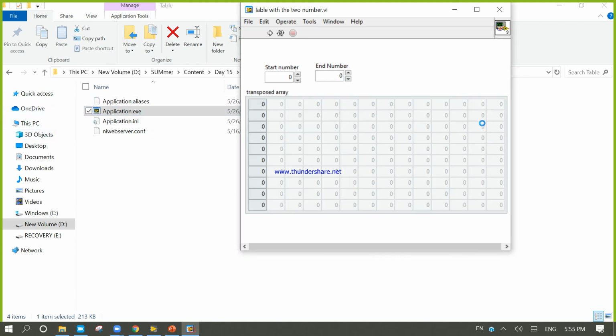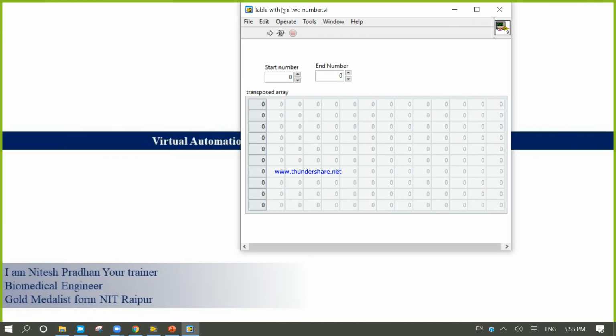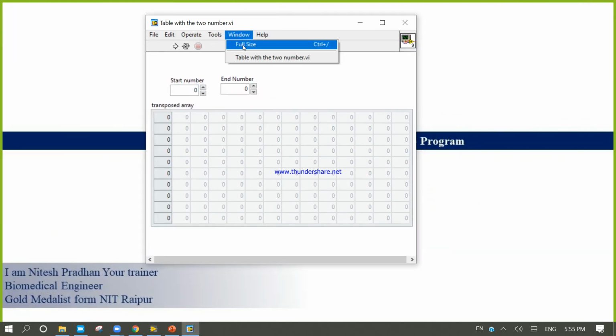Now here it opens. You will not find any block diagram because it is an independent, individual exe file. You can share this folder with anybody, anywhere, and they can run this program.